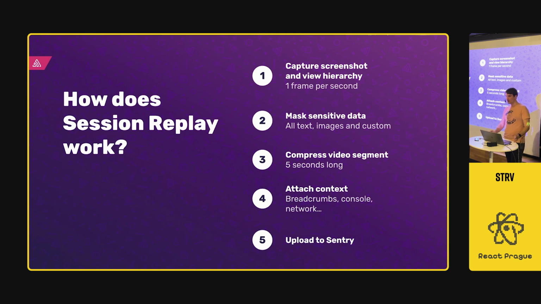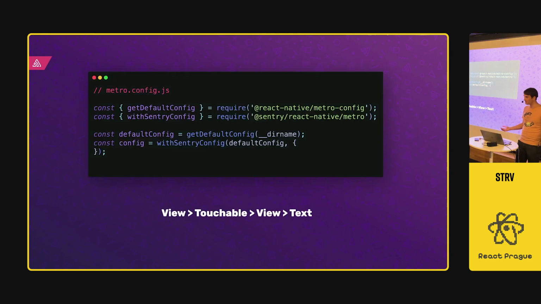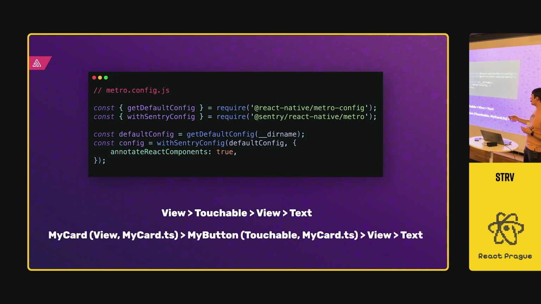How does it look in code? Is it difficult to set up? It's super simple. You just need 2 files. One is the metro config, because you might have noticed in the breadcrumbs, we haven't just seen generic view, touchable view, text was touched. We actually saw the user touch my card in mycard.tsx, and this information needs to be